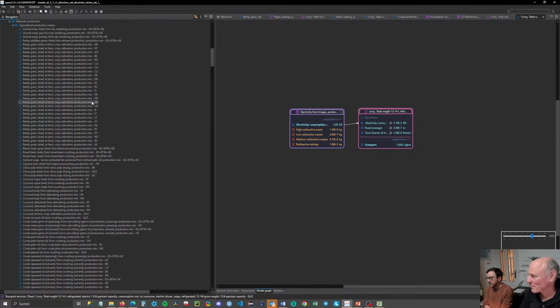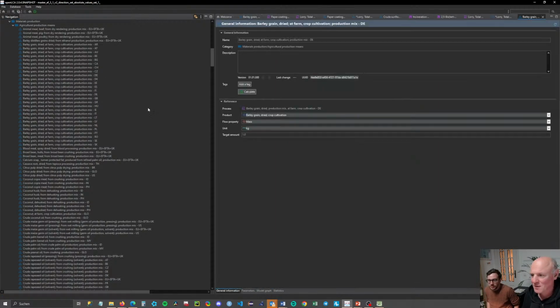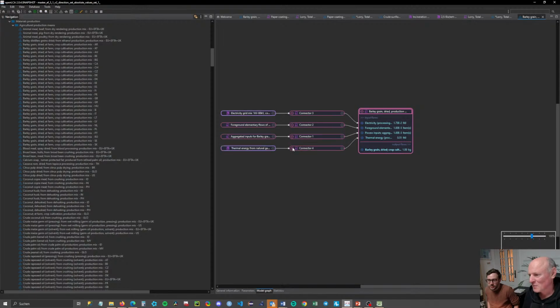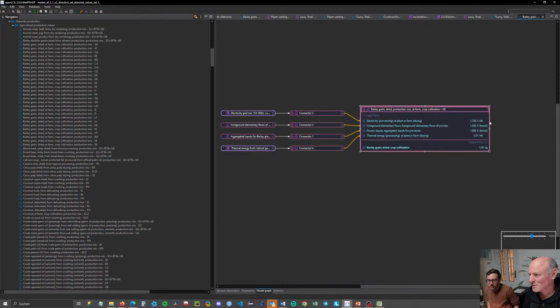Next question, would it be possible to show one of the partly disaggregated processes with dummy inputs to show how it works? Yeah, that is basically these product systems, what I call product systems, are partially, so this is EF terminology, partially terminated processes. So you see that here, we are here barley grain, dried production, names are always very long here, but mix at farm, Germany, and you see that you have here